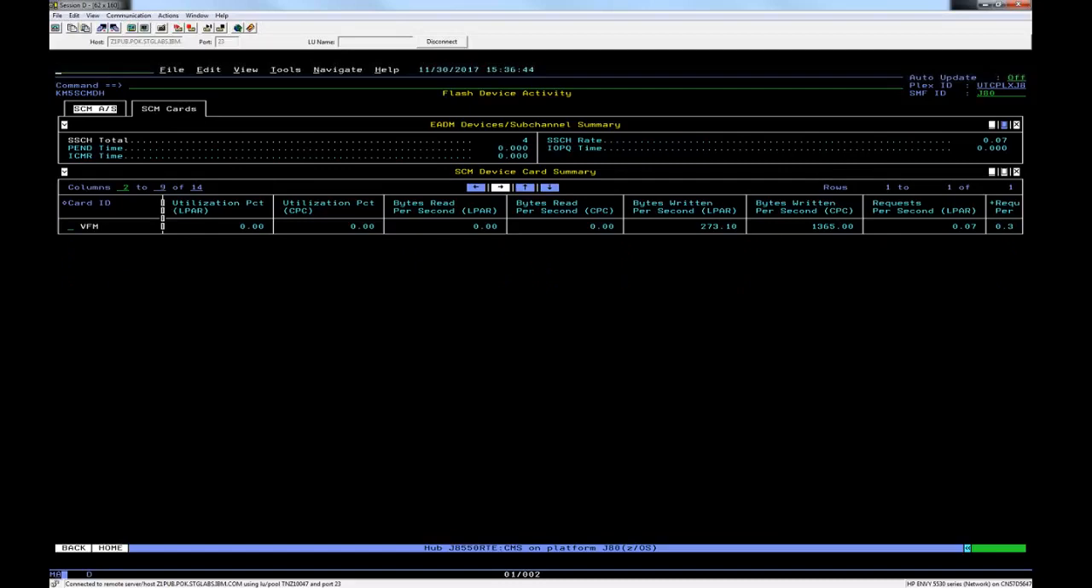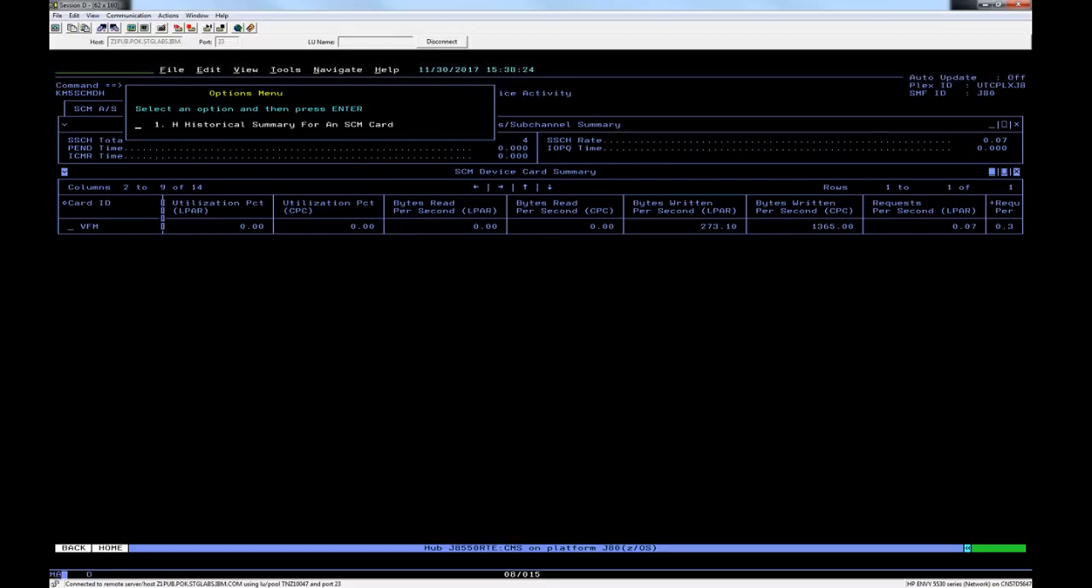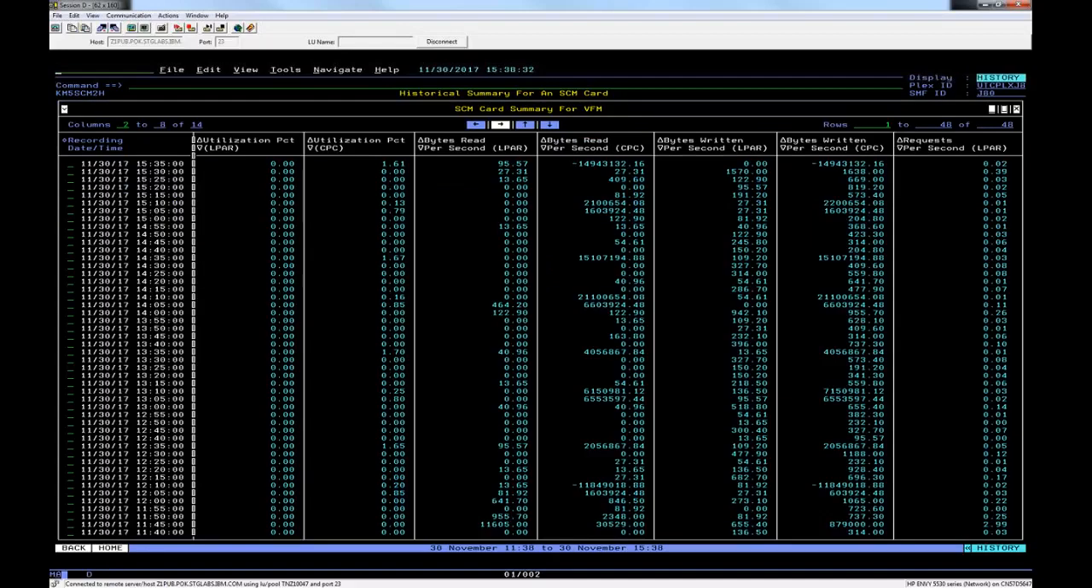Okay, this is the first case of near-term history. Of this new support, there is an option to look at history for the SDM card, and if we select that, we see that we have numerous metrics here, both at the ElPro level and at the complex level. So the utilization, the bytes read, the bytes written, and the requests,